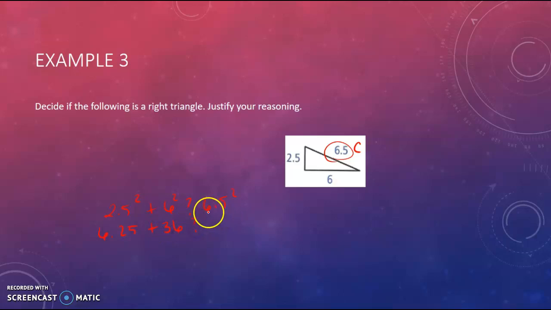And is that close to 6.5 squared, which is 42.25? So we're going to take 36 plus 6.25, and we end up with 42.25. And so that equals 42.25. It says to justify our reasoning, so we're going to say yes,